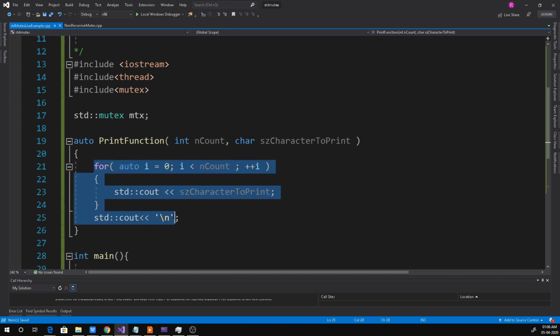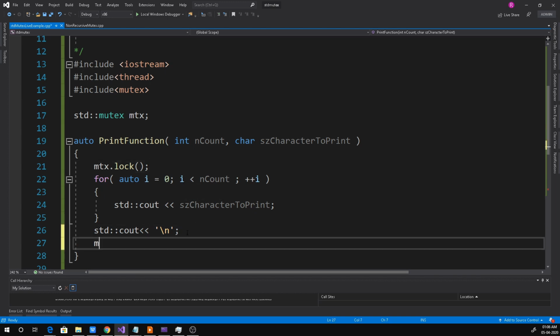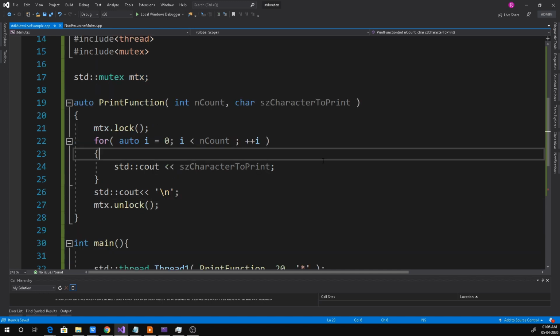This output printing section is our critical code section. Also, let us unlock after the output printing is over, which is the end of the critical section. Let's compile and run the application and check how the output is.